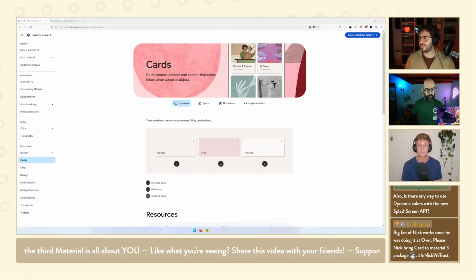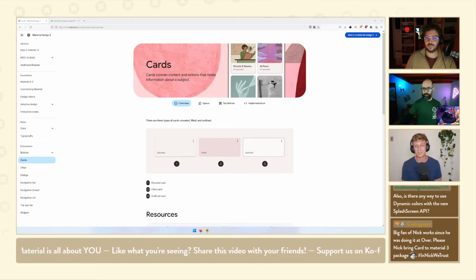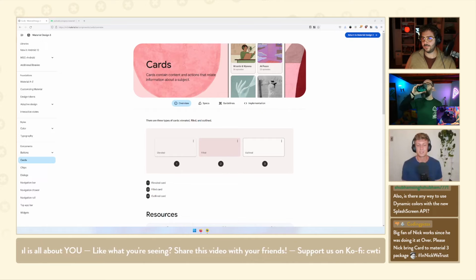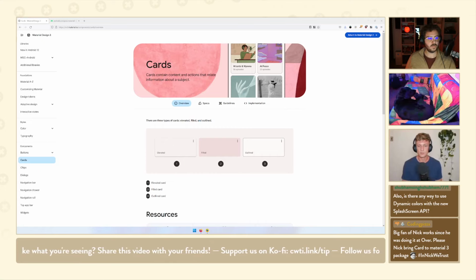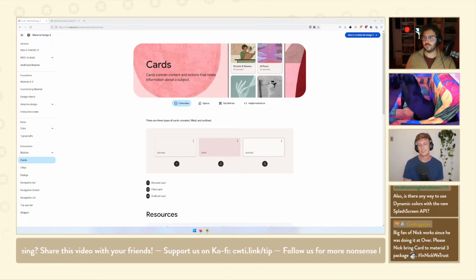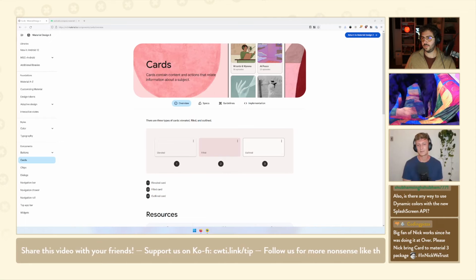But for now, there is an M3 surface, which card is effectively just a small wrapper around. So I definitely would consider using that, because it includes all the things. If you want to cast a shadow, it can cast a shadow. If you want to do this new tonal elevation, which colors the surface depending on the elevation, you can do that as well. It's kind of like the replacement for now, I'd say.